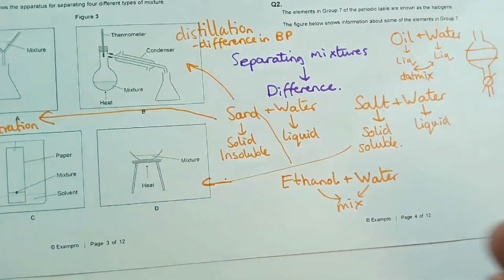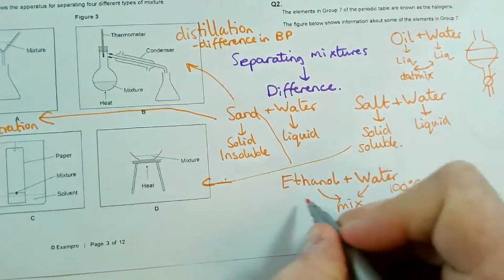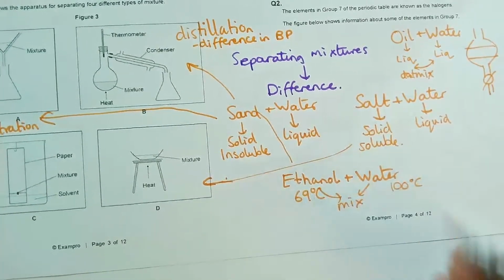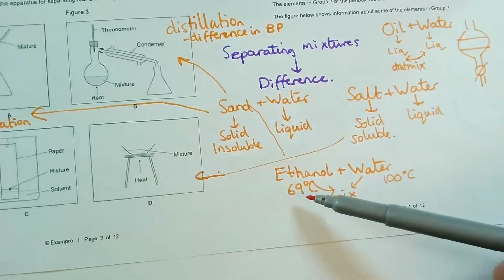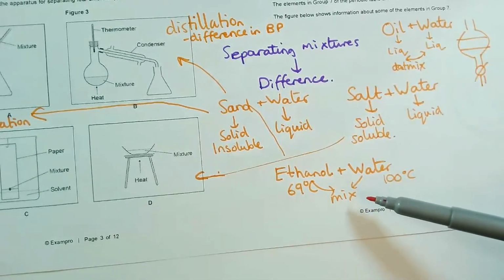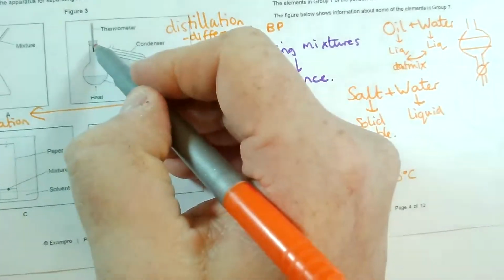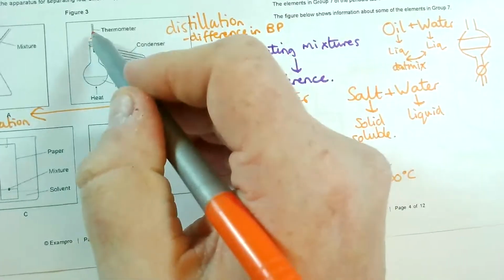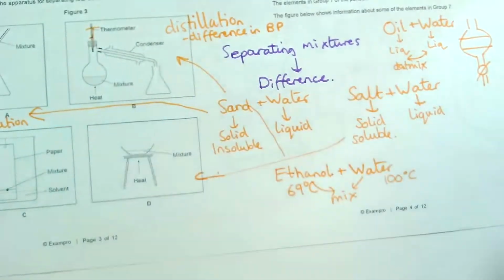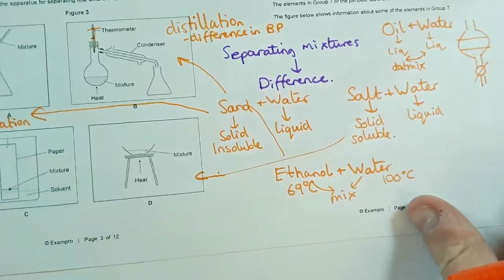The water has a boiling point of 100 degrees C. Ethanol is about 69 degrees C. If I heat it up, that's going to boil first, that's going to boil second. What actually happens is when you look at that thermometer, it will go up to 69 until everything's over, and then it will suddenly shoot up to 100. The answer is both. Pretty much everything we go through is both.